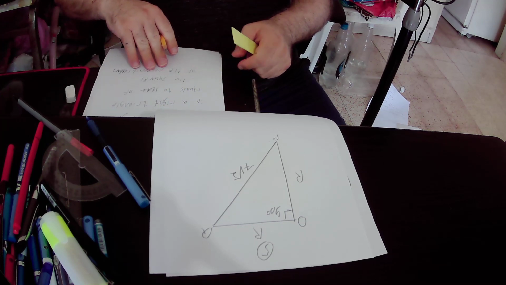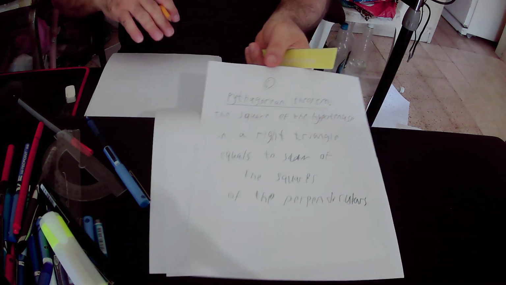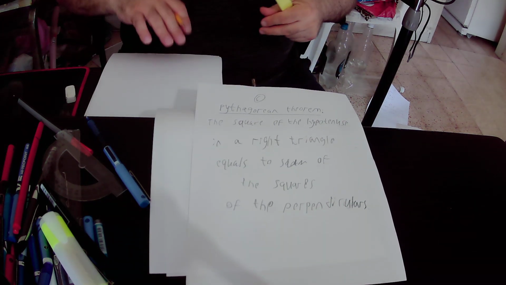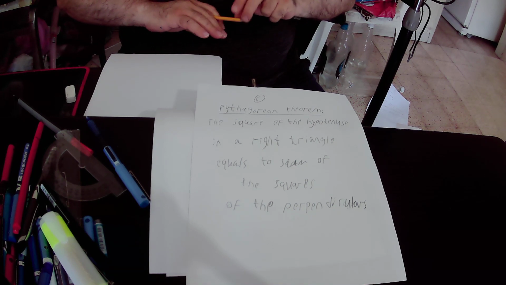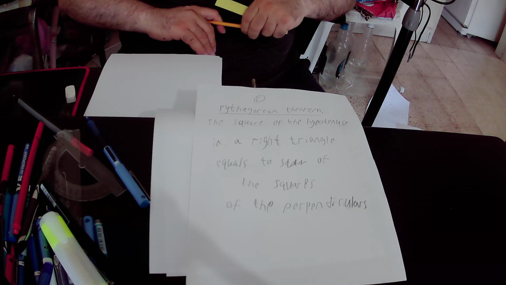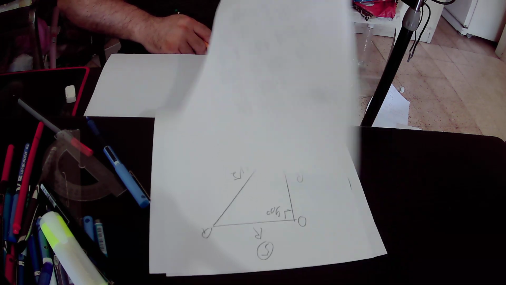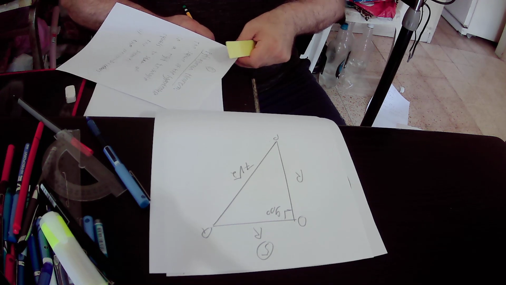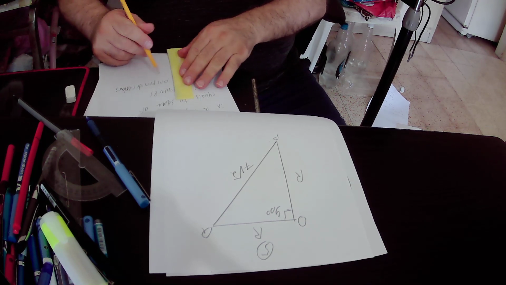So I will read again the Pythagorean theorem. It relates only to right triangles. The Pythagorean theorem states that the square of the hypotenuse in a right triangle equals the sum of the squares of the perpendiculars. So actually, if we have a right triangle